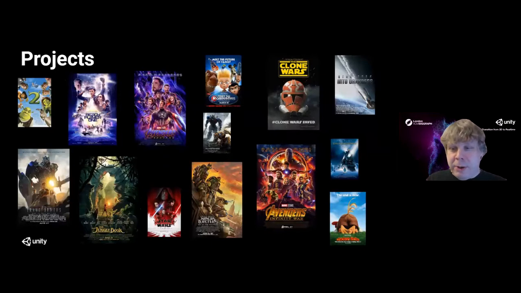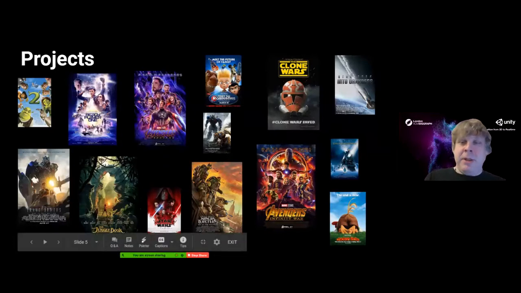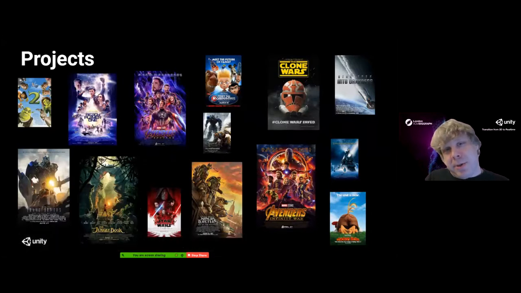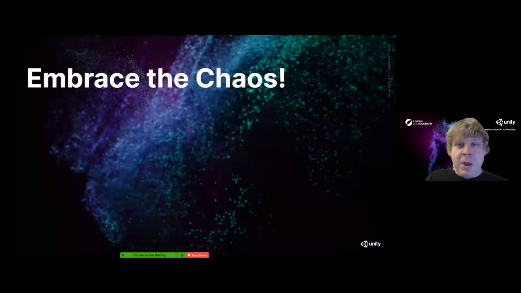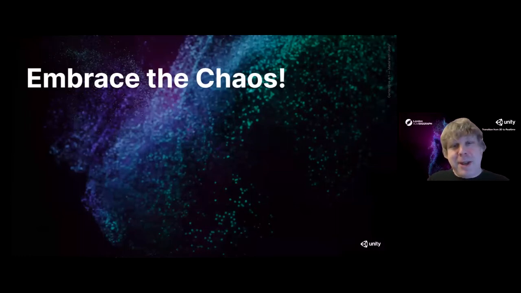If you see over here on the right, you see the Polar Express. So if you, like me, have nightmares about a zombie Tom Hanks chasing you with hot chocolate, that was partially my fault, and I apologize. Cool, and I ask everyone, we're doing this over Zoom as opposed to in person. Please embrace the chaos, and I appreciate your patience if we have any technical difficulties.